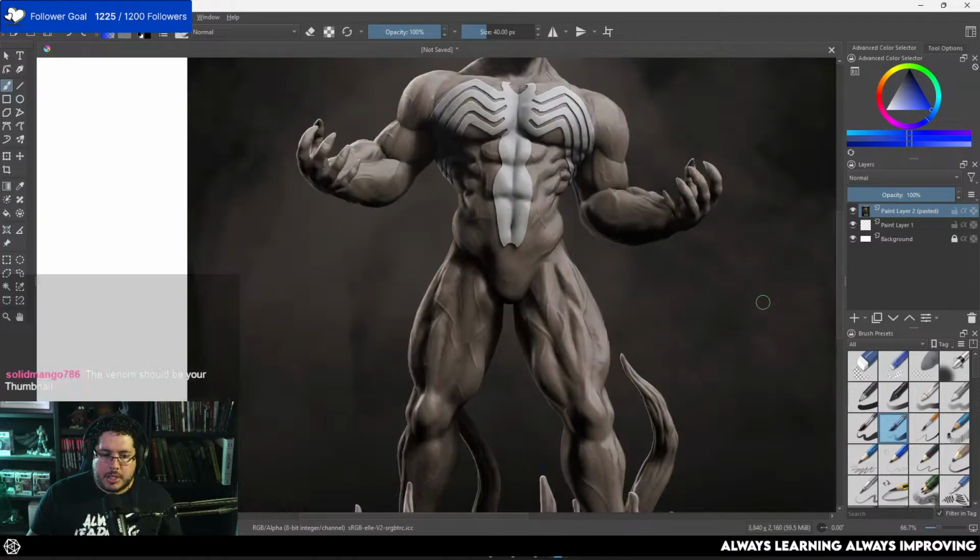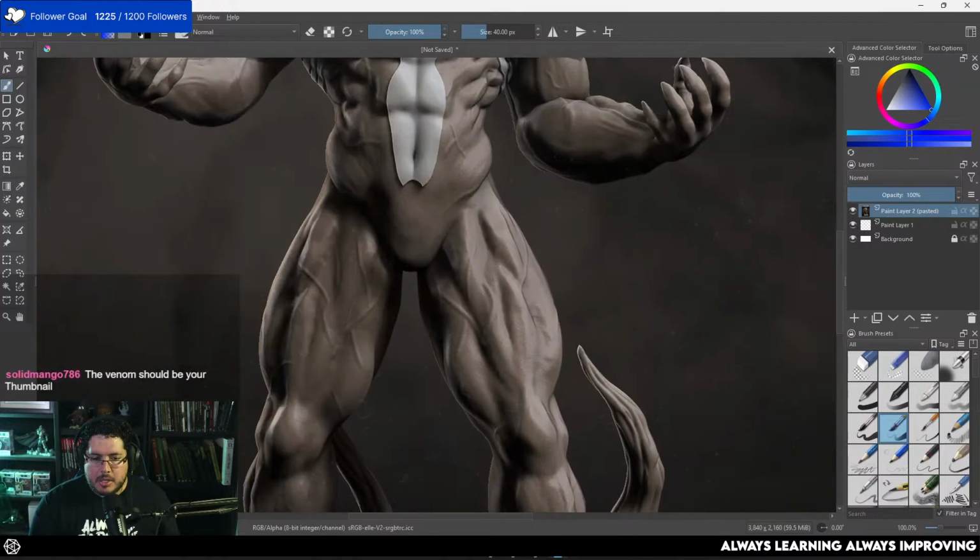So on the leg, we got a couple of muscles, but the main muscle, or the most important muscle, is called the quad muscle. And the quad muscle starts right around here, and it's this sort of teardrop shape, like this. So you do have the main volume, but you added more stuff that's actually not there. So this muscle right here, this muscle right here, this right here, this right here, see that? So that's 5 muscles, and that's not how it works. So on the leg, you're gonna have one main muscle right here,